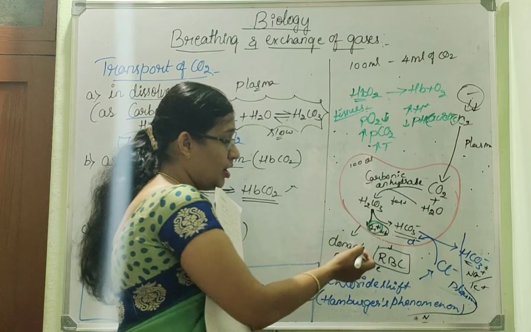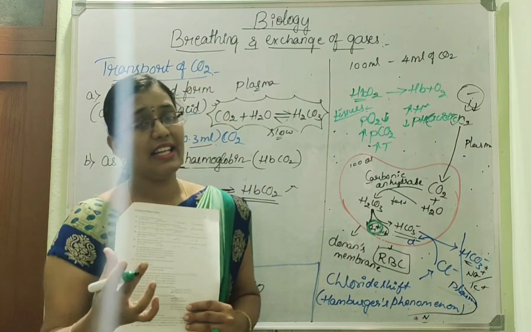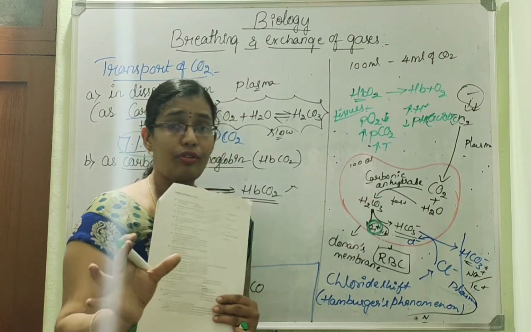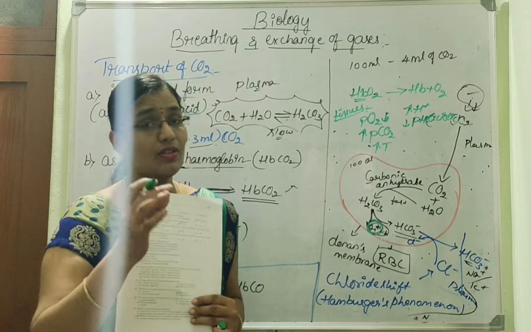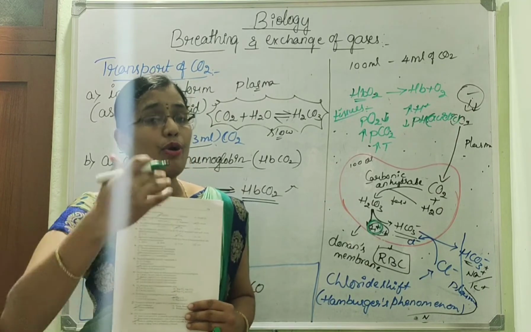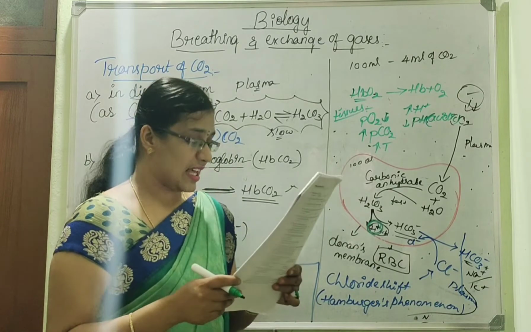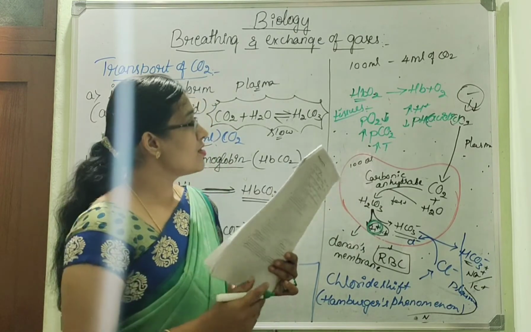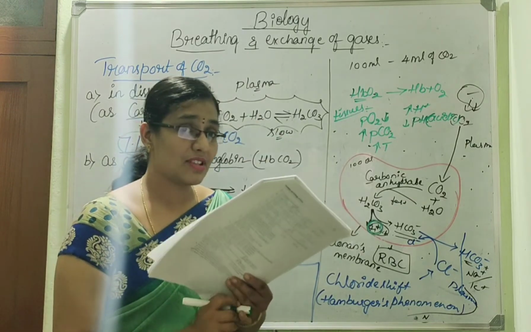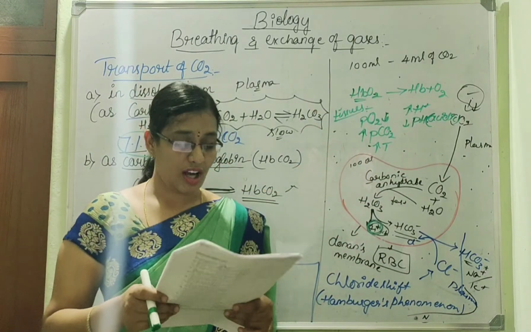Lesser pH means it is acidic in nature, and thus when the blood flows near the tissues, due to the release of these protons, the blood becomes slightly acidic at the tissues, and thus at the tissues there is no formation of oxyhemoglobin and no combining of oxygen takes place. So which is the right option? Option A. At the tissues the pH of blood falls. That means it becomes slightly acidic, because of the release of more protons.